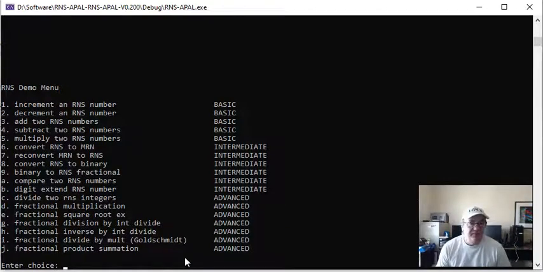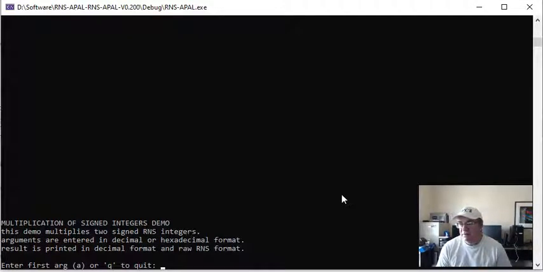Now obviously we can decrement an RNS number, we can add two RNS numbers, subtract two RNS numbers, and multiply two RNS numbers. So that's really pretty much all there is to it on that. Let's go ahead and try to multiply two RNS numbers. I don't usually do these basic ones very often myself, but this one is asking now what's your first argument,